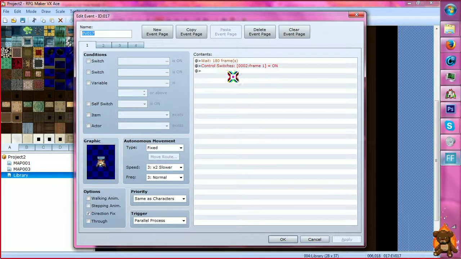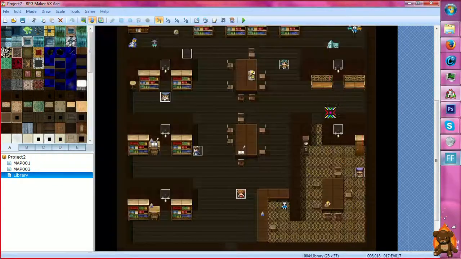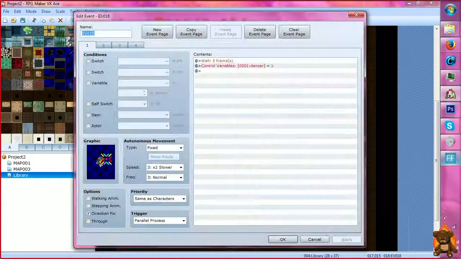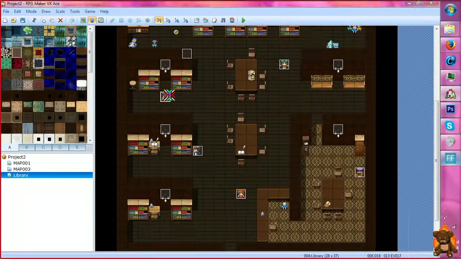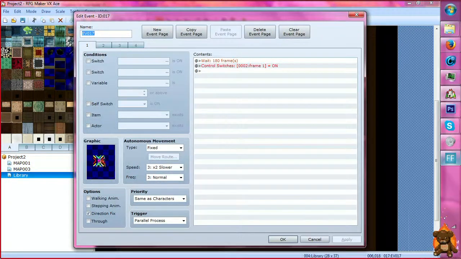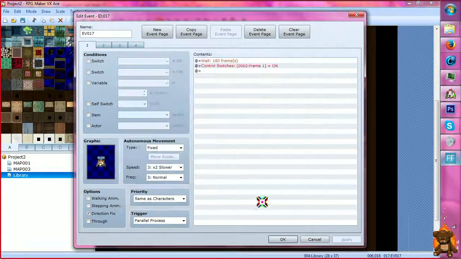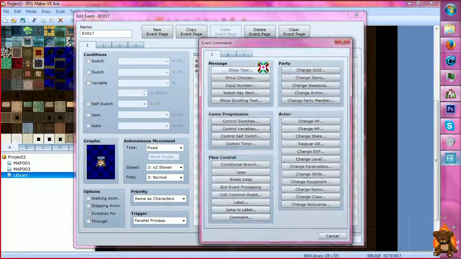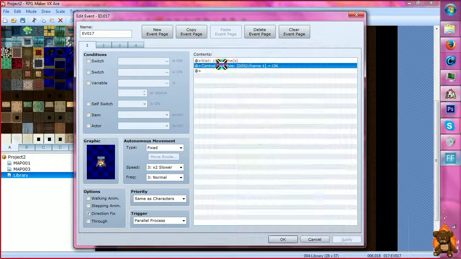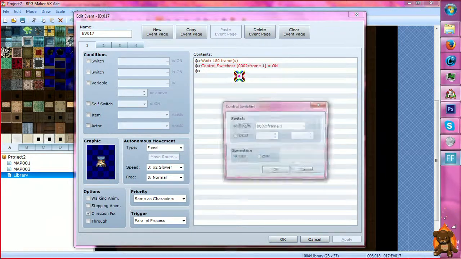That rambling aside, you can either use switches, like the bookman here, or variables, like this lady. First, I'm going to show you the switches. Now, I've already got his animation right here selected, and I've set him to direction fix. And for him, I have made